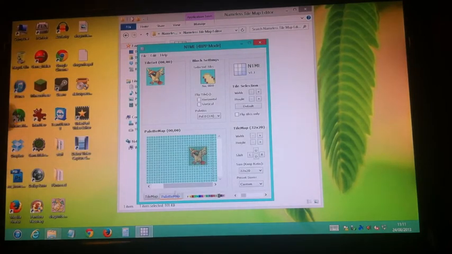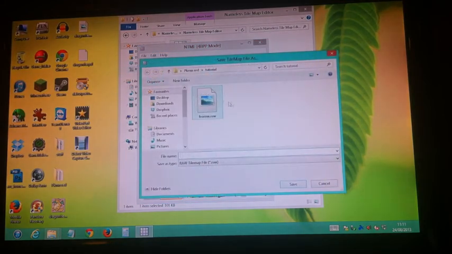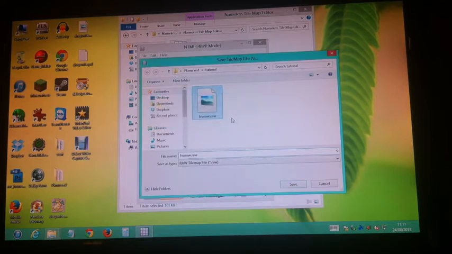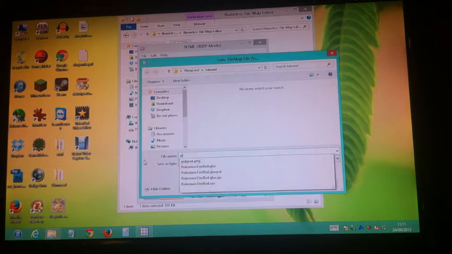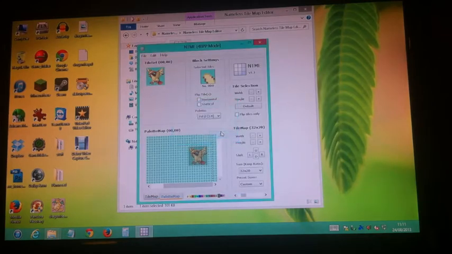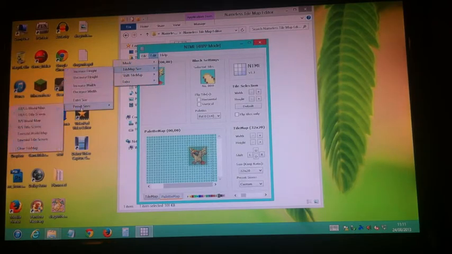Okay, Pidgeot's ready to go. So file, save tile map, delete the Furo one. Pidgeot.png. Tile map was saved successfully. Job's done. Remember, the edit, tile map size, preset size, FR/LG title screen is very important,